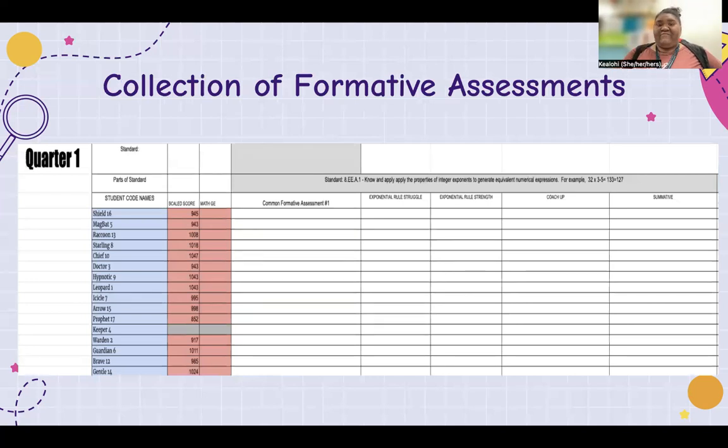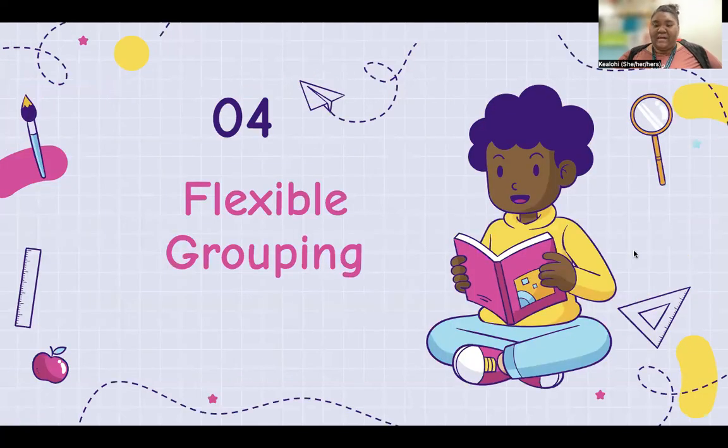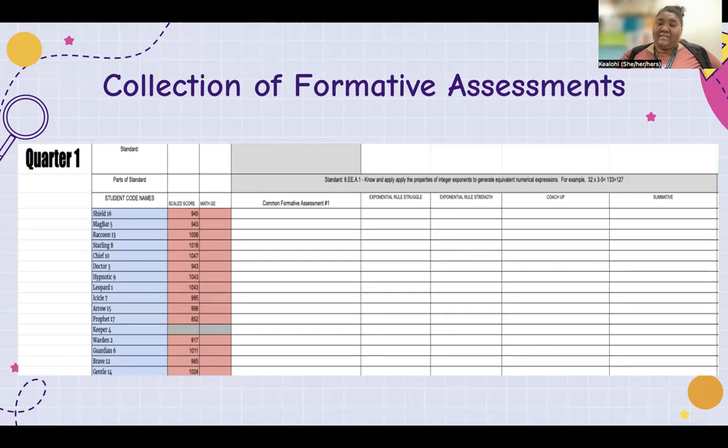I use a collection of formative assessments through a Google Sheet. I would have to protect my students, so I use a student code name. And then this is your scale score based on their STAR. Based on what I'm collecting, this is actually from last unit, but it shows where their struggles and strengths are, and based on the reteach, did it improve when it got to the summative? It's something like that that helps me determine those kinds of things.